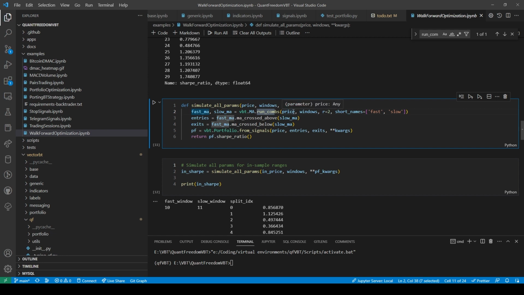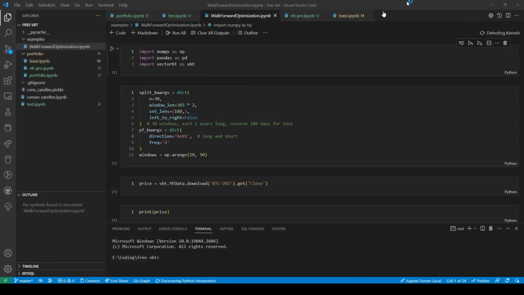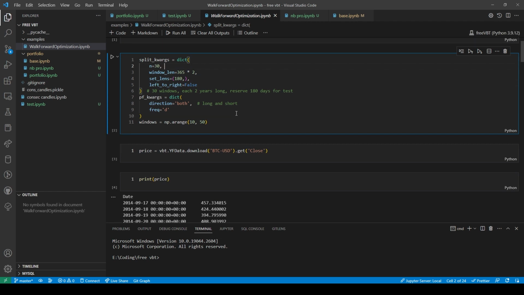So here I'd have to run this again. Let me see. So I still have my walk-forward optimization that I did.